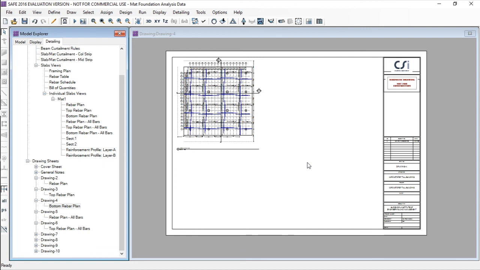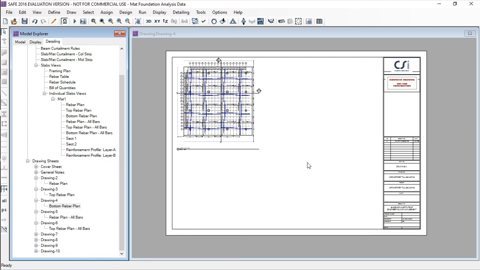So we have successfully completed the foundation design of the 23-story RC building. We have successfully generated the detailing sections. We have successfully analyzed this foundation. We have successfully designed this foundation.